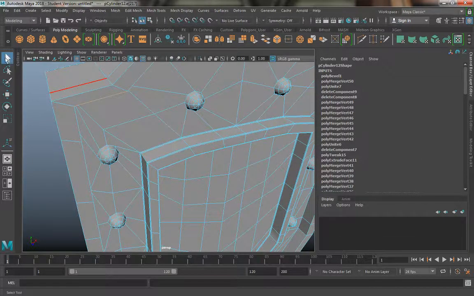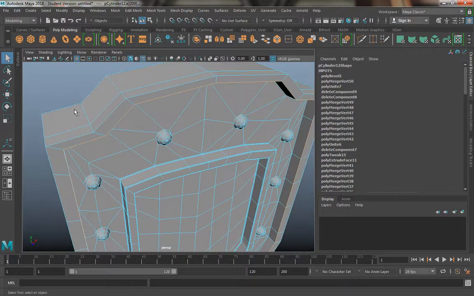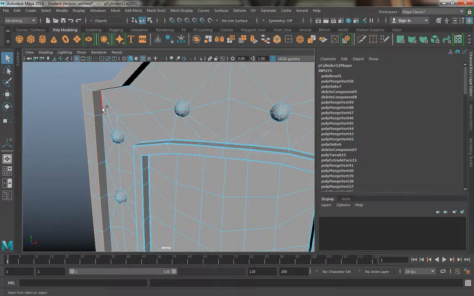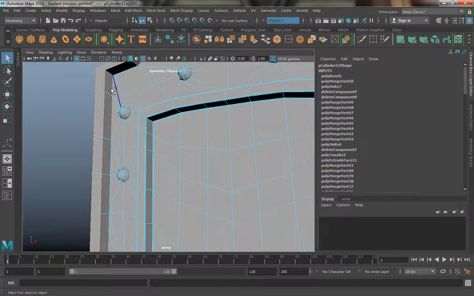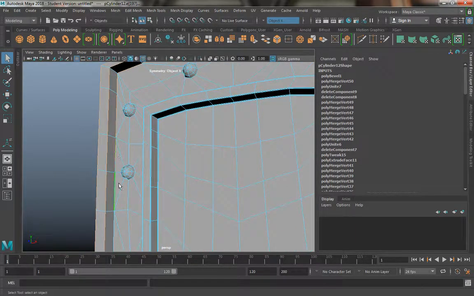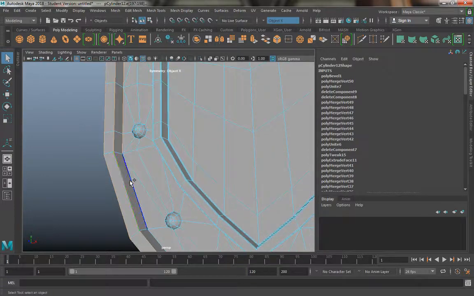Oh, select my arrow. Whenever you can't, here's a really good tip. Whenever anything isn't allowing you to select something like that, go back to this arrow key. For whatever reason, it just messes things up. It just doesn't realize that you're trying to select something. Here I'm going to turn symmetry on for sure. The reason is, hold on, there we go, symmetry, without that pointer selected, it really doesn't know that you're trying to select something,